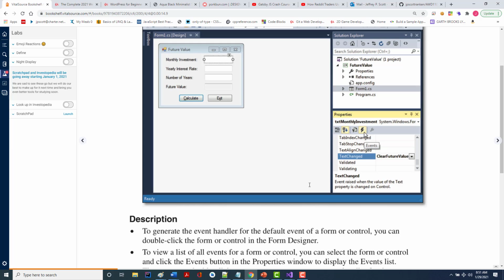Well, you already know how to work with events. If I double-click on this calculate button right here, assuming it's called button calculate, it's going to bring up a button calculate click event, correct? If I click on this one, and if it's called button exit, it's going to bring up a button exit click event. Those are events. You've already seen this, but